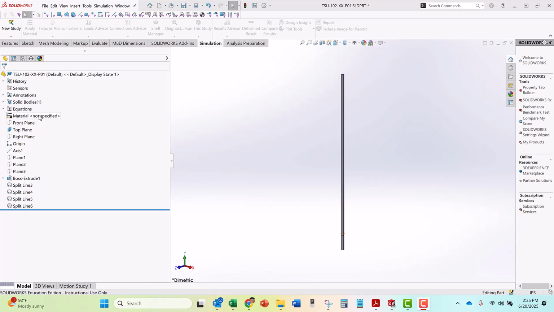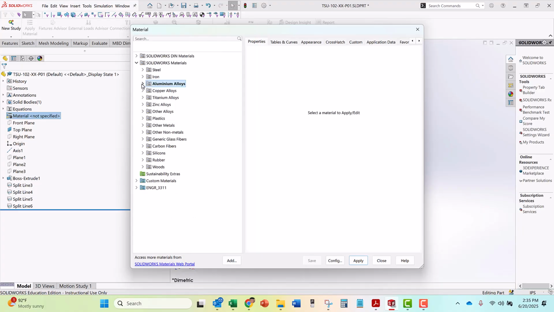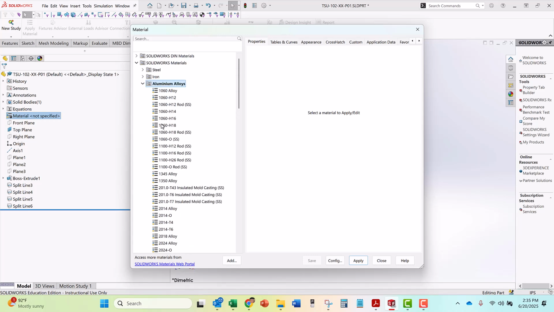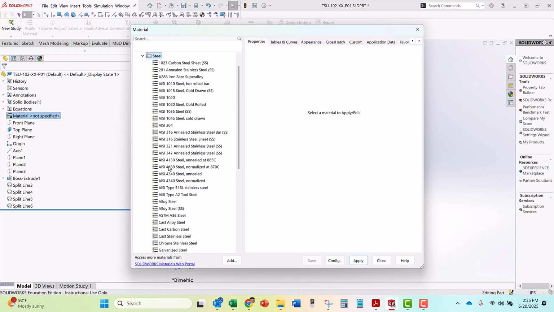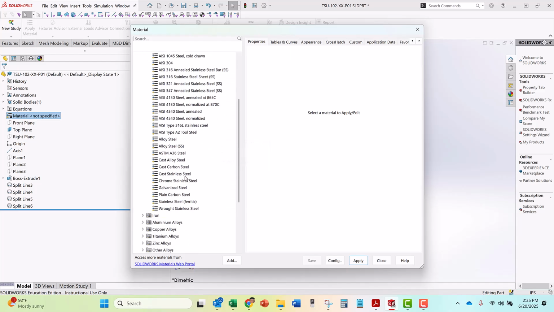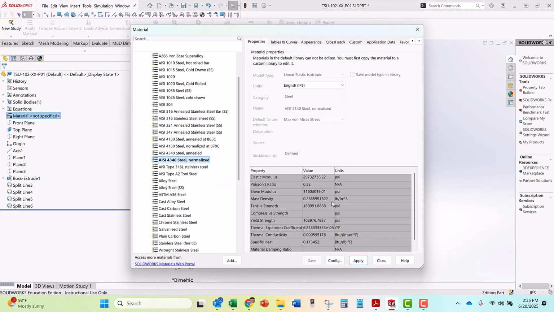So first thing I want to talk about is adding a material. We've got materials we can use that are already built into SolidWorks. The problem with these materials is they're read-only. I can't modify these materials, and sometimes they don't match exactly what I want. So we've got some aluminum alloys. You can pick one that's close to what you've got. And under steel, where is it? Steel up here. We don't have any ASTM A500 steel, it doesn't look like, but we'll find one that's close to start with, and then we'll edit it to add the real materials as per the handout I gave everybody